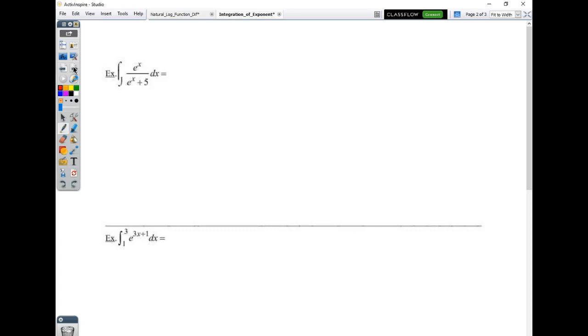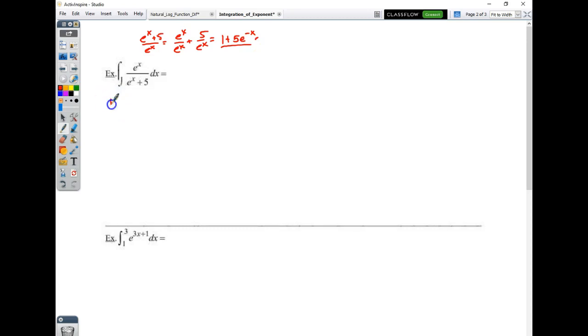Hopefully, as you look at this question, you recognize that there was no actual manipulation. Had this been flipped, had this been e to the x plus 5 over e to the x, that would have been one we could have manipulated. We could have called that e to the x over e to the x plus 5 over e to the x, or we wrote that 1 plus 5e to the negative x. And so we could have manipulated it had it been flipped, but since it's written the way that it is,